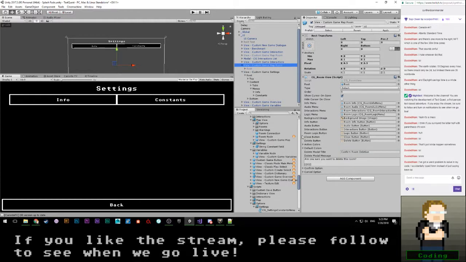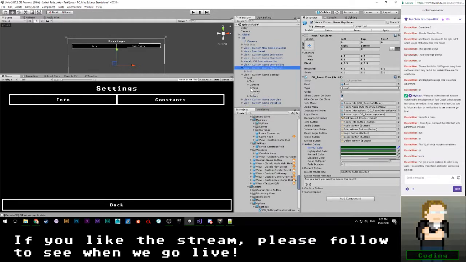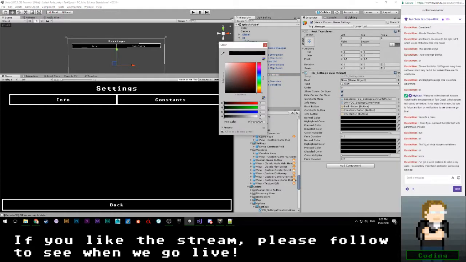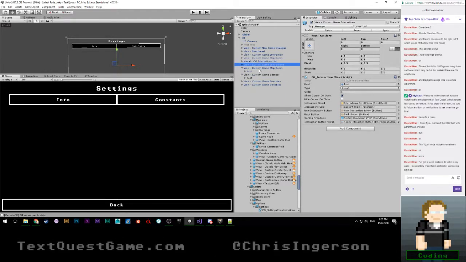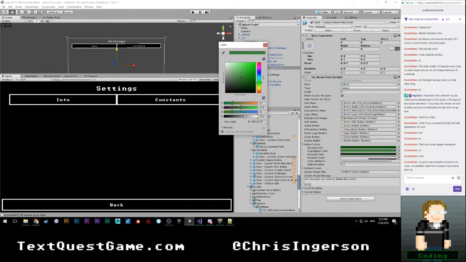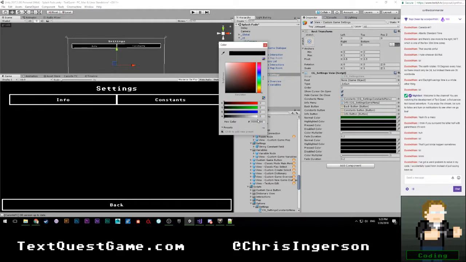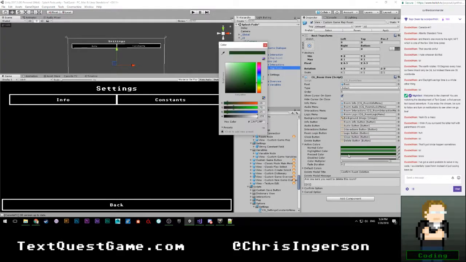So let's go ahead and steal this. Active colors, trying to have some consistency across all of my UI. So here is our normal color. Go ahead and grab. Hold on. There we are. Highlighted color. Taking that. I really wish I had a bulk copy and paste for color blocks.